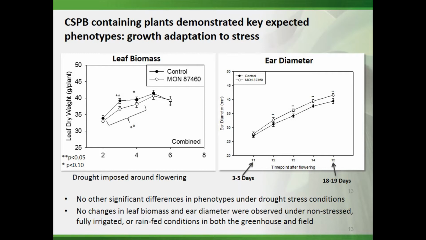When we apply drought, in this case, drought was applied in the greenhouse around flowering, very quickly the transgenic plant showed an immediate decrease in the growth response. So it stopped growing much faster than the control plant. But after several days, when the control plant growth rate went down, and unfortunately you don't see more data points here,